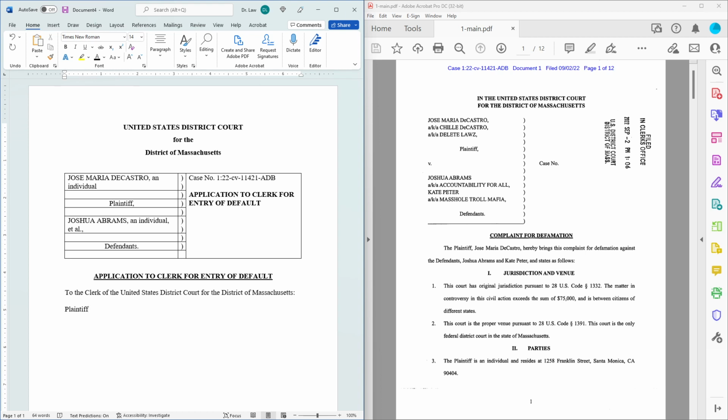If you can't tell, I'm reading from a template that's provided in a legal practice guide, but we're going to make some modifications, of course. Typically if you're an attorney, you would start it out like this, but instead of using the word plaintiff and defendant a lot, you typically want to personalize stuff by using last names, and since I'm pro se, I'm going to personalize it even further and use the word I. So I'm going to say I, plaintiff Jose de Castro,